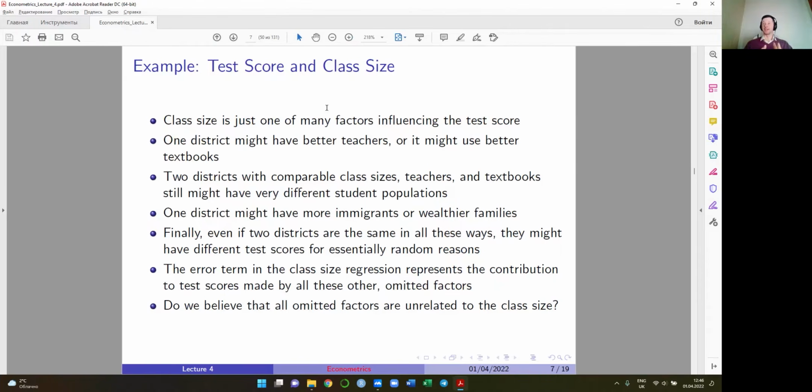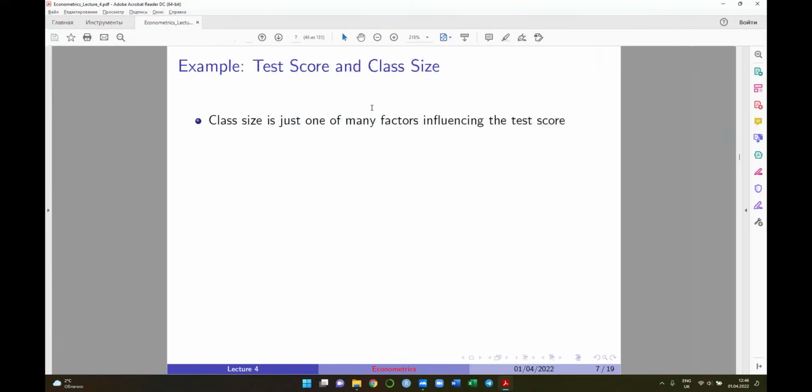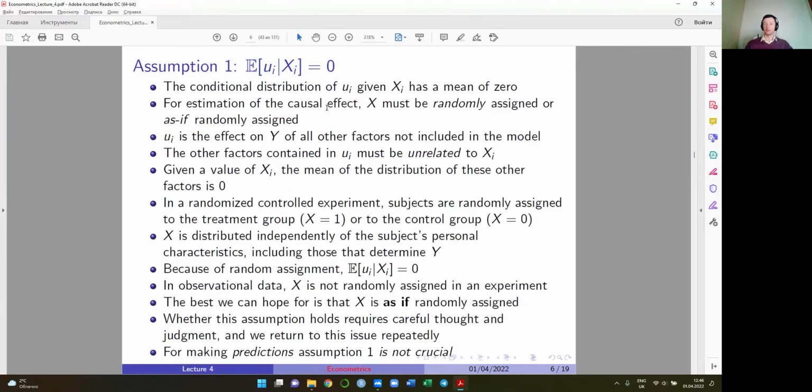Well, let's keep this question until lecture number 6. In lecture number 6, we will come back to this question and we will start our discussion with the ways how to solve this problem. But first of all, I want you to understand what the problem is and how this problem can be formulated. And this is exactly assumption number 1. So the assumption is always,